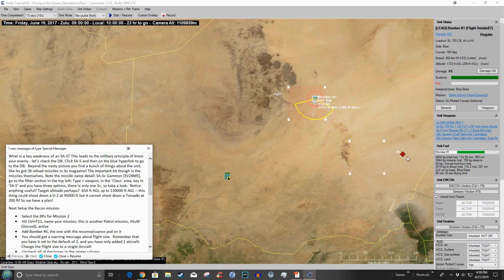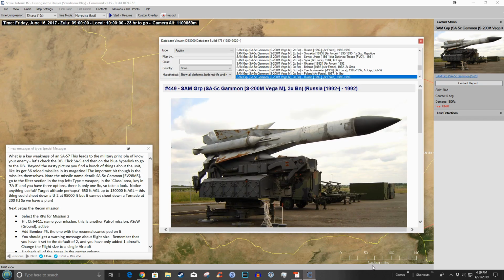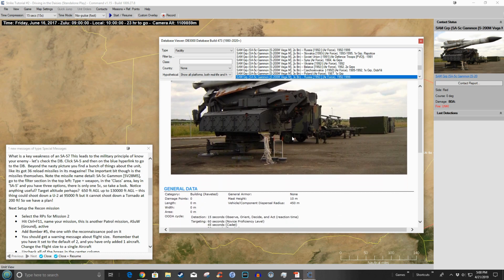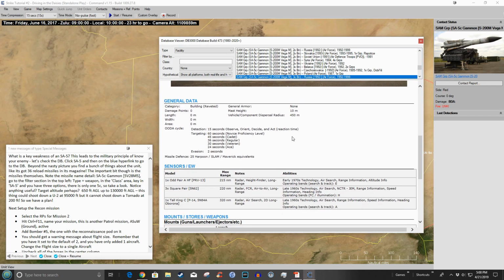Okay. So we click the SA-5, then on the blue hyperlink, and we're in the database. Beyond the nasty picture, you find a bunch of things about the unit, like it's got 36 reloads, so we can come down here and see all kinds of stuff about it. The important thing is the missiles themselves. Note the missile's name, SA-5C Gammon